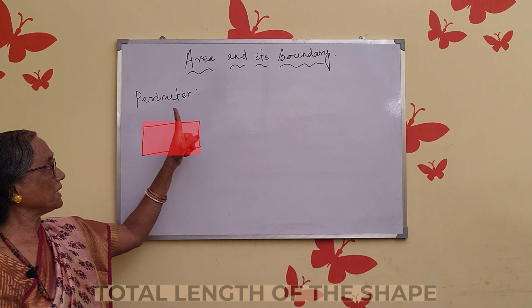Hello students, today we will start the chapter Area and its Boundary of Class 5 Maths. Area and perimeter are both measurements associated with the two-dimensional shapes. Perimeter is the total length. Suppose this is,